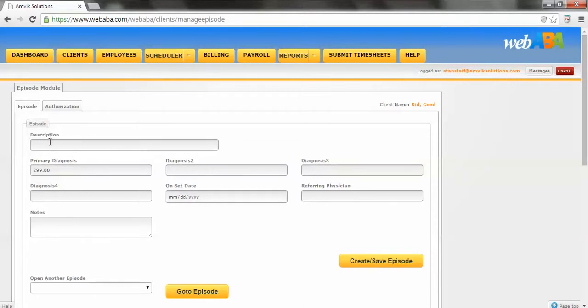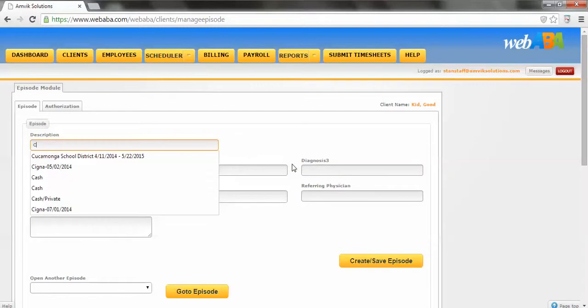On this screen, there are two fields that are required. One is the description, the other is the onset date. Description usually refers to the most descriptive feature of the authorization episode, where you don't have to drill down, and is readily available and displayed when you click on the very first screen to view authorizations. So normally it is the name of the funding source with the start and end date. In this case, let's say we are adding this authorization under the funding source of Cigna, and the start date is